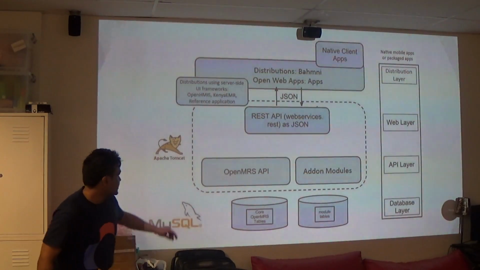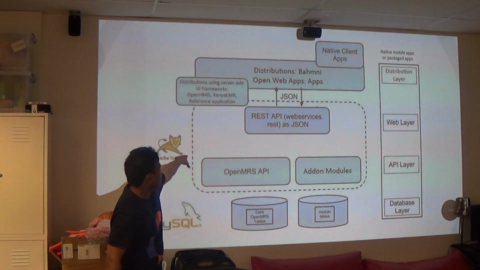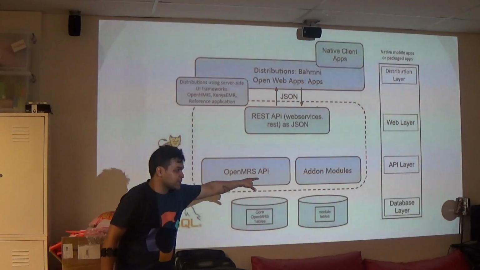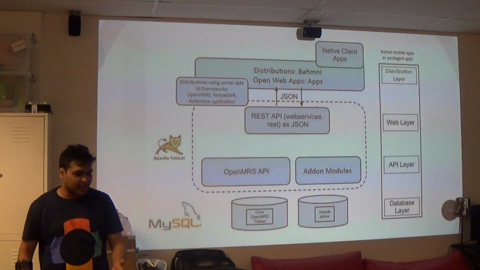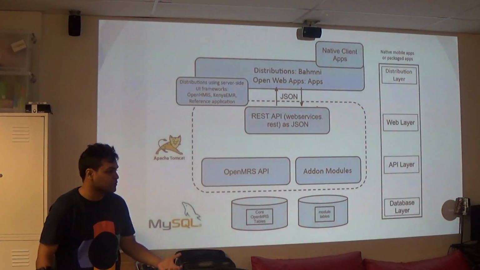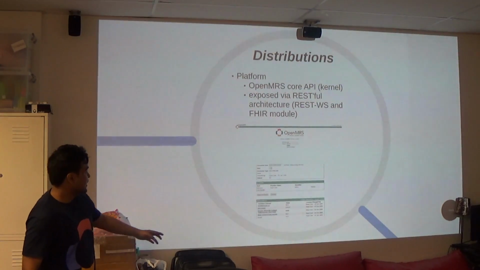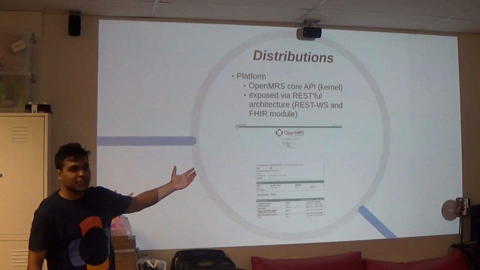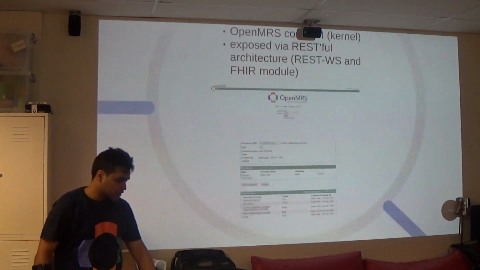So basically the database layer and the API layer, the REST API, OpenMRS API and add-on modules. Just the basics. It has an optional UI, which you can install as a module and start interacting with the API directly. Or you can